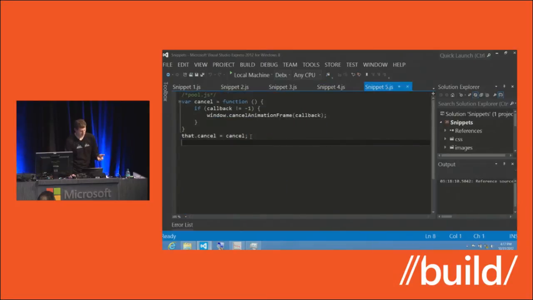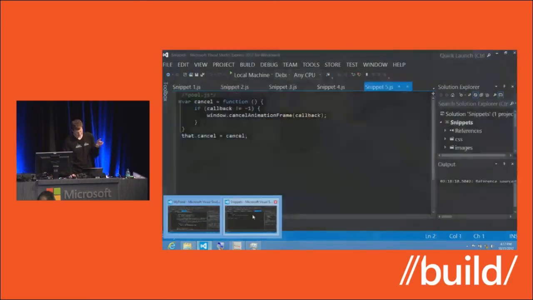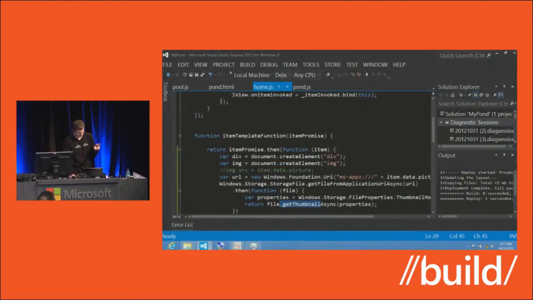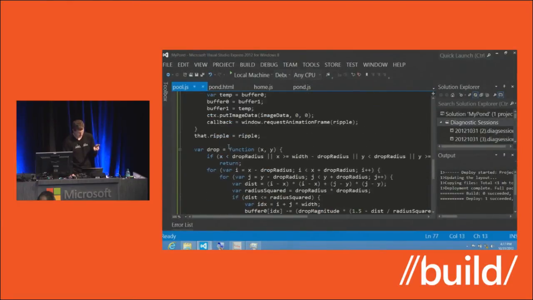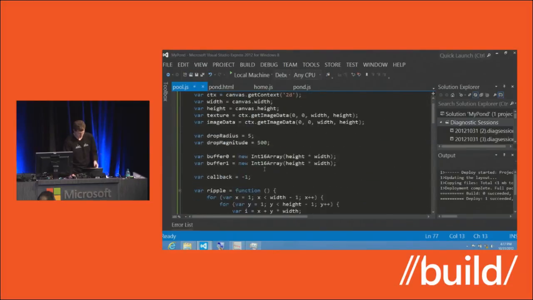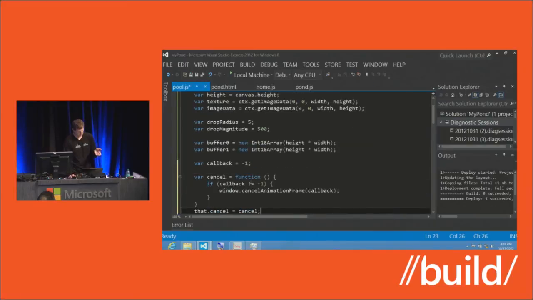And so what I want to do is I'm going to go back to my pool.js, and I will apologize because I copied and pasted the code. It would not be in the style guidelines recommended by Windows app development. But in my pool.js function, what I want to do is I want to add a cancel. So I'm going to go control, I'm going to paste that, right? Makes sense. And now in my